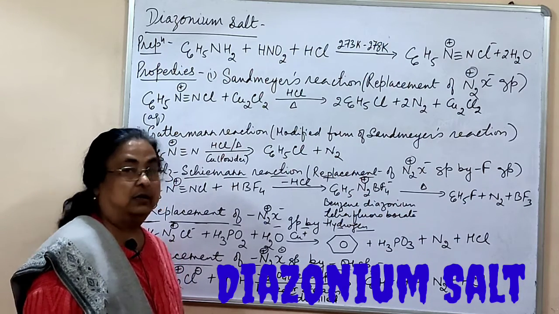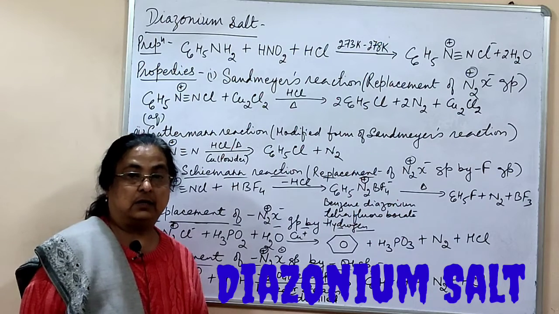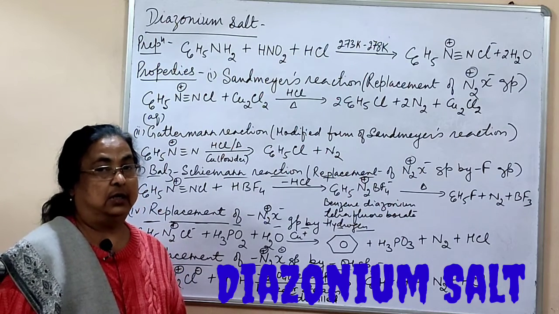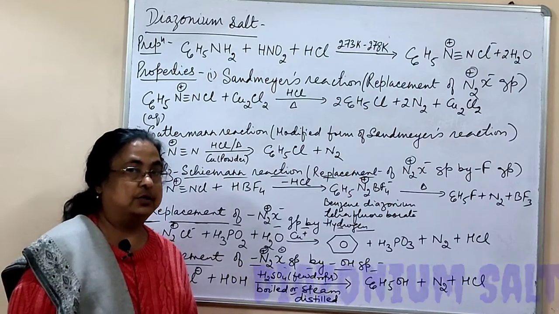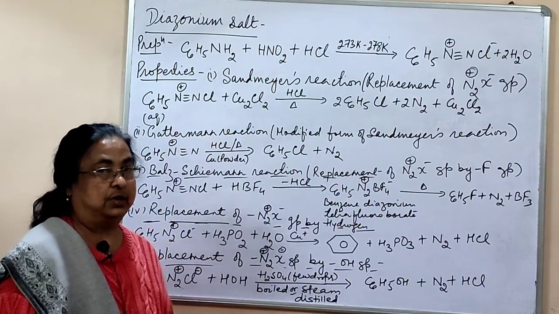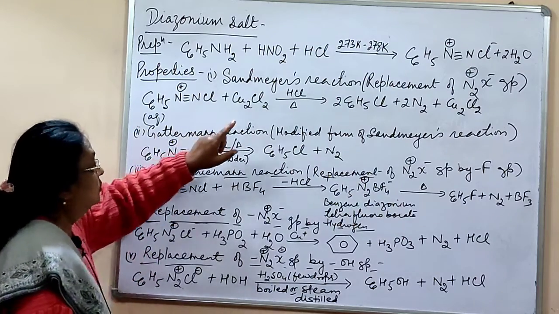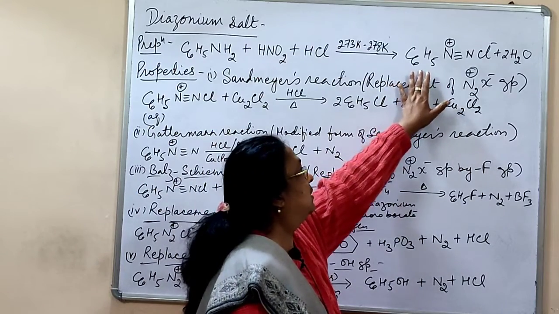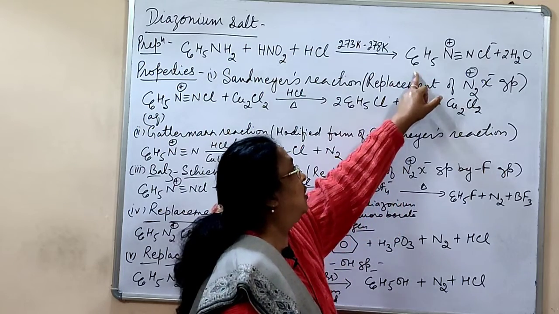And so here this is diazonium salt. This is a quaternary salt of amines, nitrogen containing compounds. You have done amines, and so this is a salt of a nitrogen containing organic compound. You have done this in the aniline chapter, in properties of aniline. This is diazonium salt here,